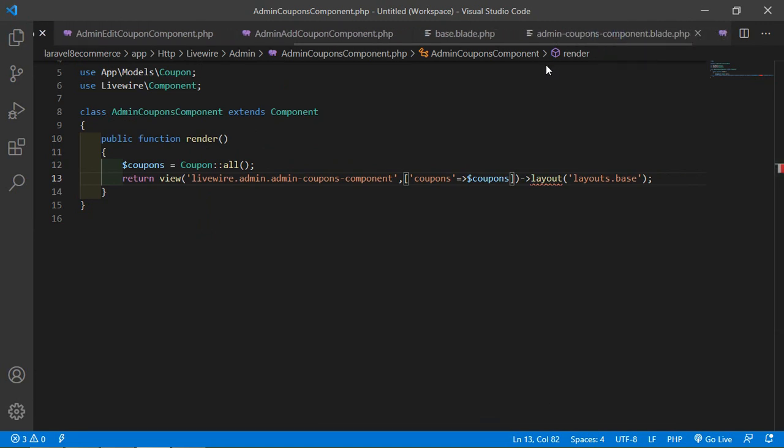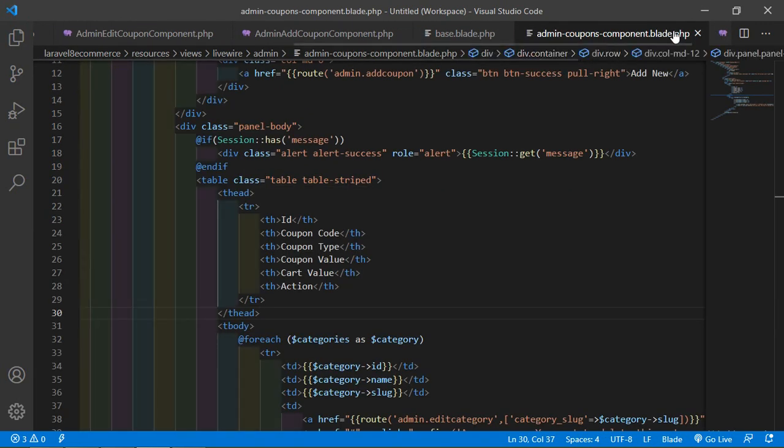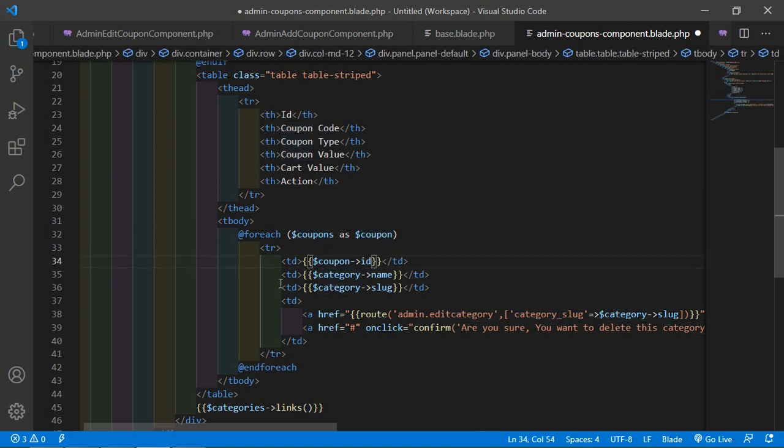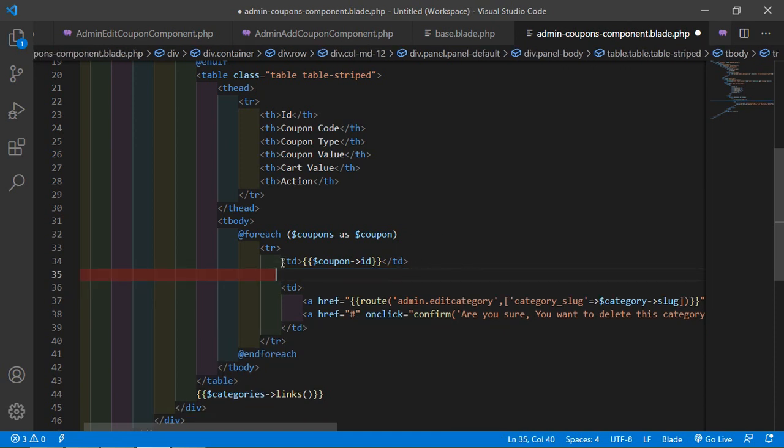Inside this view file, admin-coupons-component.blade.php file, let's change here the variable name inside the foreach. So right here coupons as coupon. Okay, and also change here, and now just remove this and let's copy this td and paste multiple times.